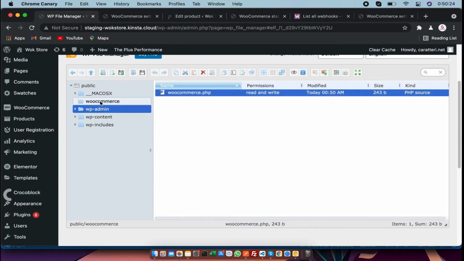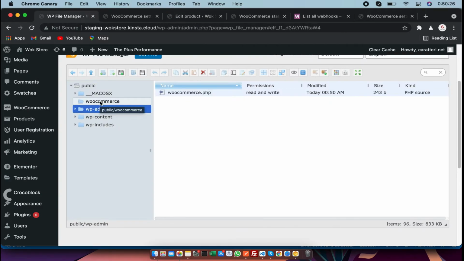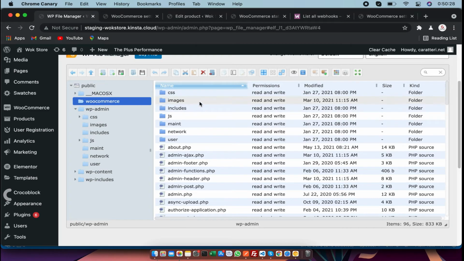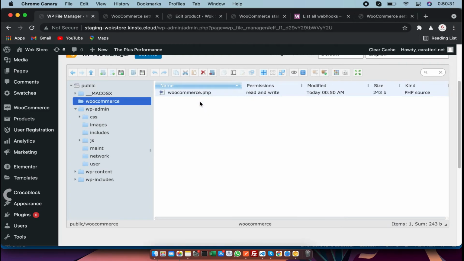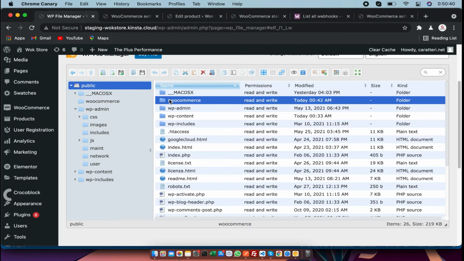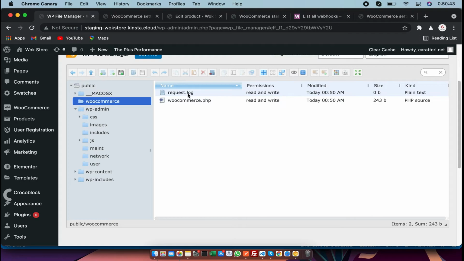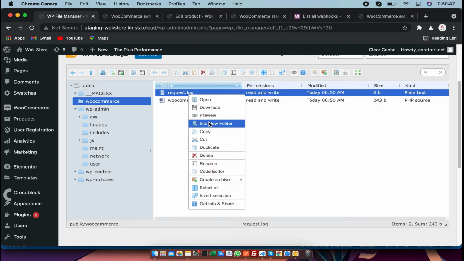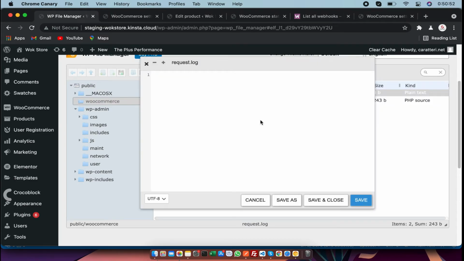So refresh the tab. Finally, as you can see, a log file is created by PHP. Just edit it, but it is empty.